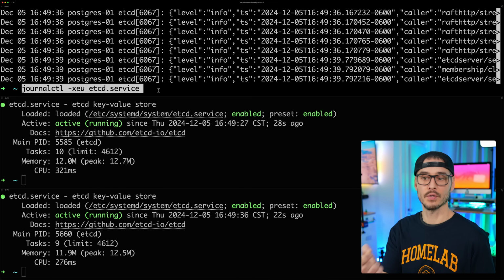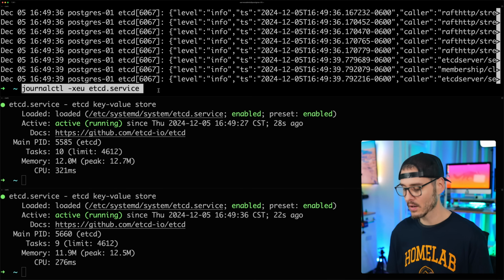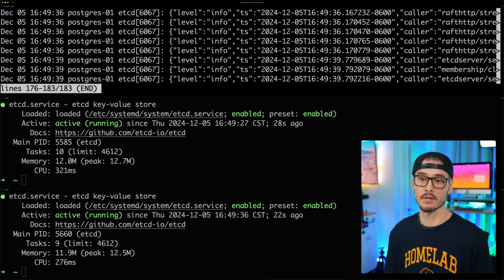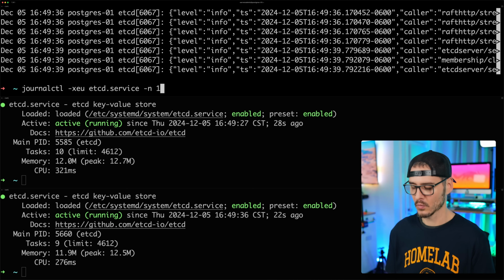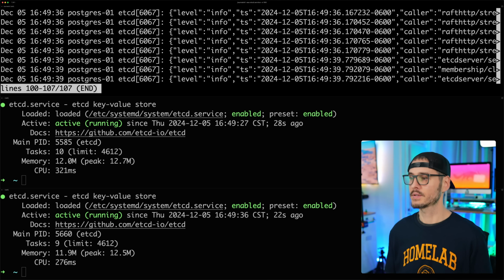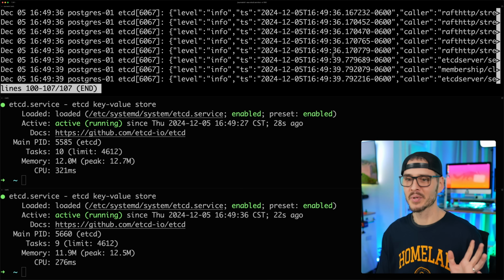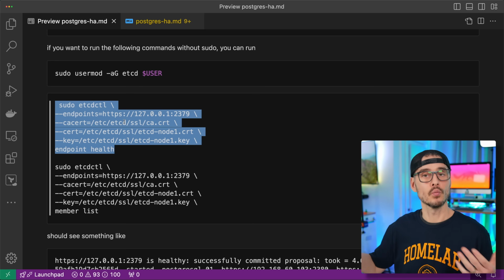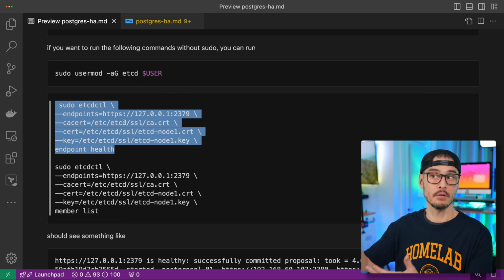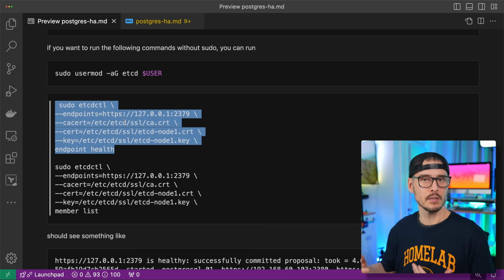So here we're going to say journalctl, and we're going to say, hey, log out everything from the etcd service. And there might be a lot of stuff. If you want to do the last 100 lines, you can, and you can see it here. So can't see it here, but looks okay, no errors. We'll do it for all 3, and all 3 look pretty good. So now that etcd is running on all 3 and the service is successful, we need to check the status